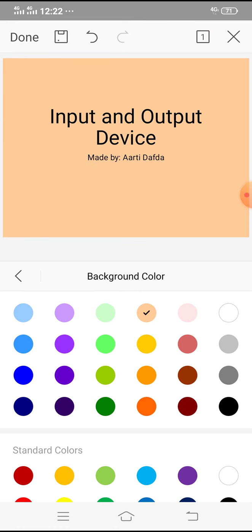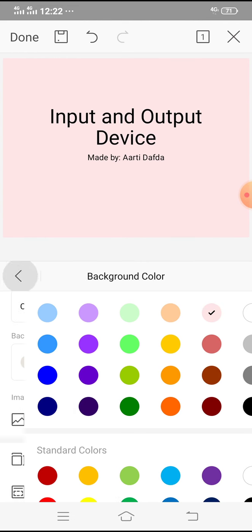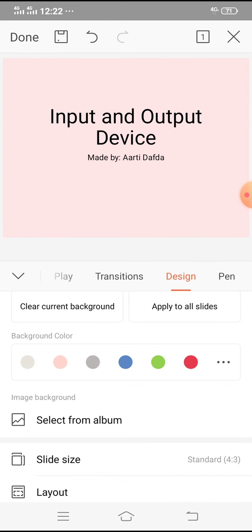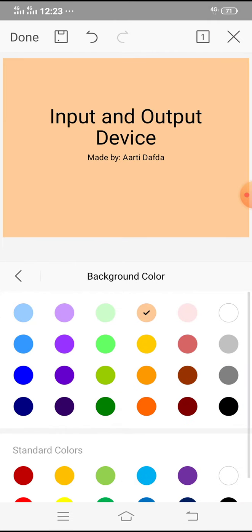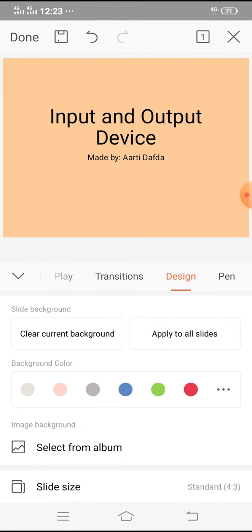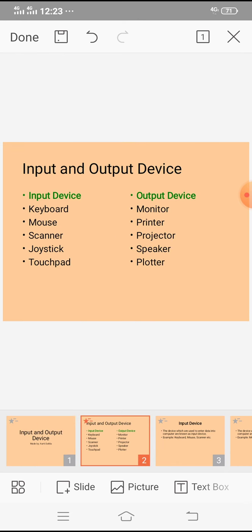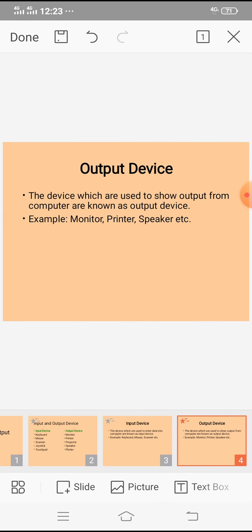See, select any color from here and then click on the button apply to all slides. If you want to clear the current background, then click on the button clear current background. Apply to all slides. See, the background color is applied.